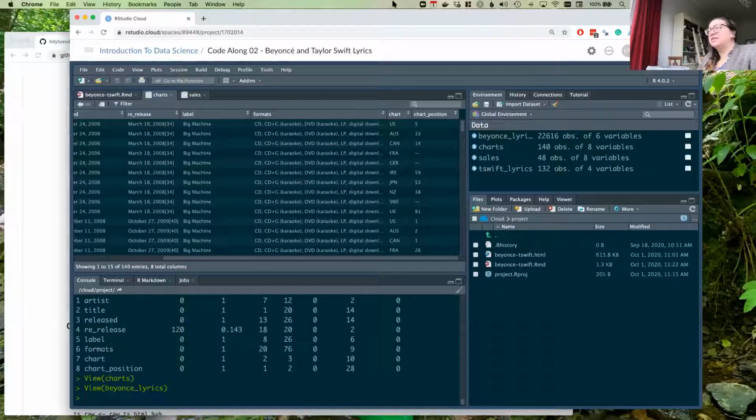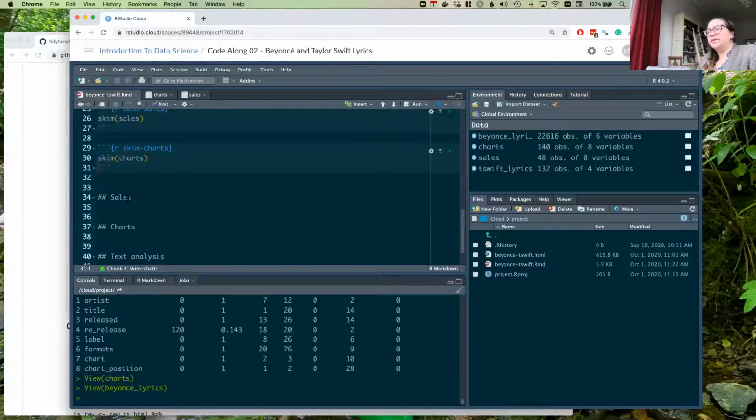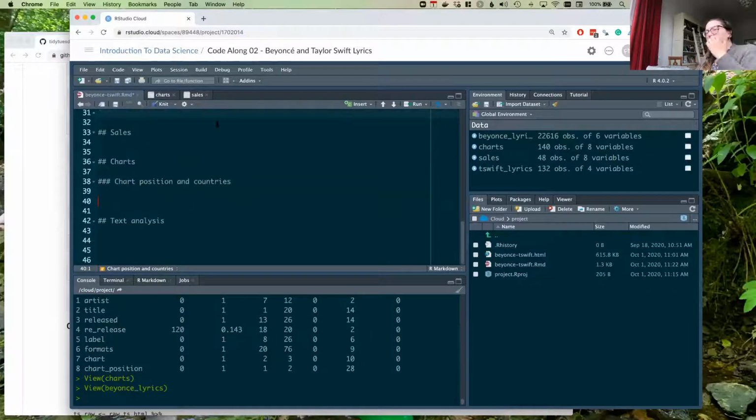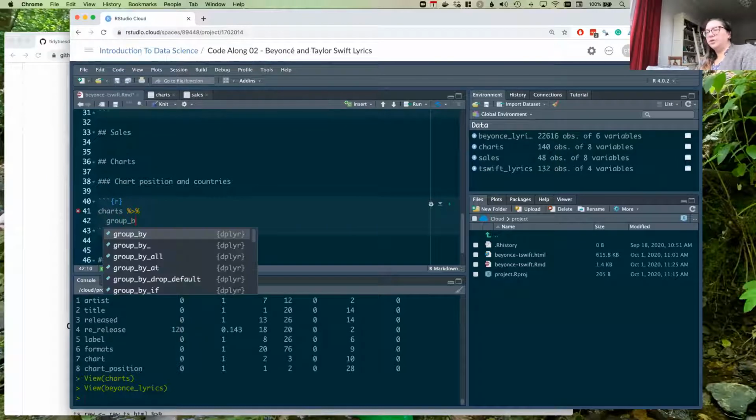We could try that. So I'll put this under charts. So I'll say chart position and countries. So we could start with the charts data set. And then since we want to do things at the country level, we might want to group by country.